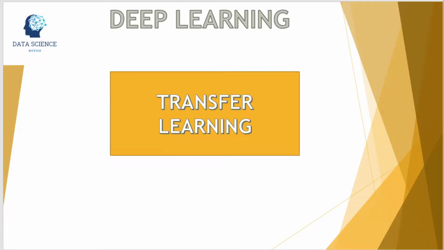So, in the last video, we talked about batch normalization and data augmentation. And later on, we saw how we can improve the model accuracy using these techniques. So in this video, we are going to learn a few things like what is transfer learning, what is the VGG network, and then we will implement transfer learning using the VGG network in TensorFlow.